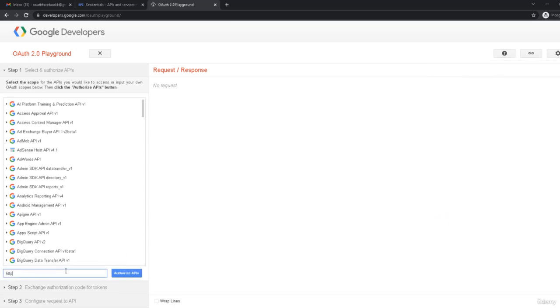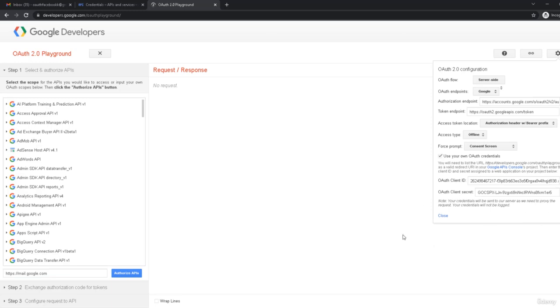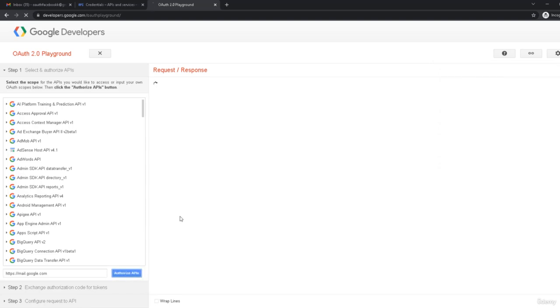So HTTPS, and then /, I'm gonna go mail.google.com, okay, and then authorize API. So we're going to use the mailing API of Google, and we're going to use it with our own application. Okay, you have the ability to use it without your own application, but we're going to connect it to our application so we can use it all the time so it doesn't refresh. Okay, so we're going to go authorize APIs,